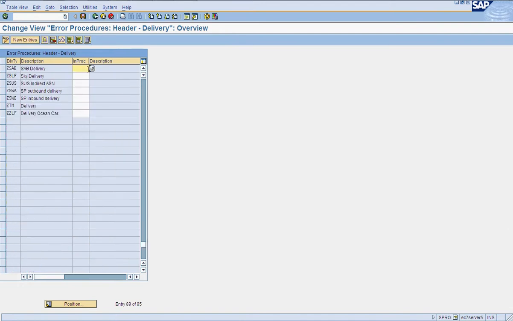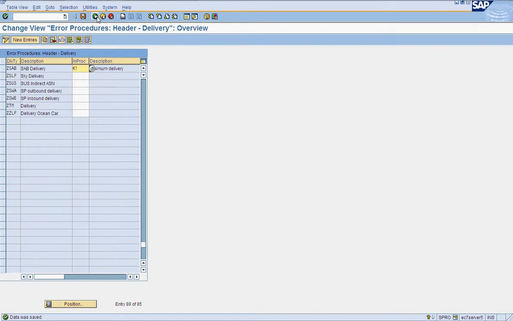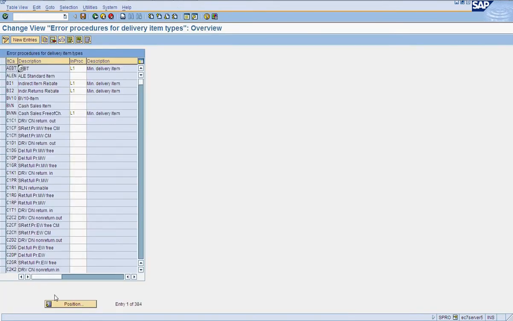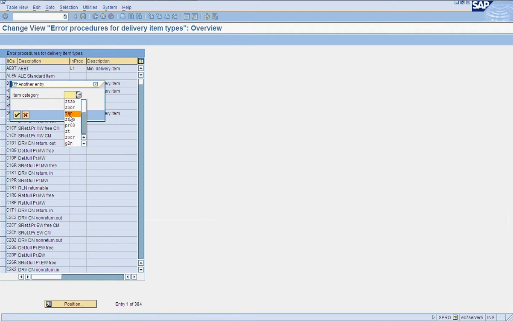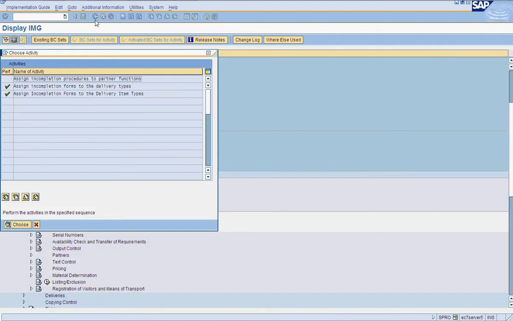We'll be using K1. Let's save it. Then for delivery item types you can use, others have not used, so I will not be using the same thing, so let's keep it blank.